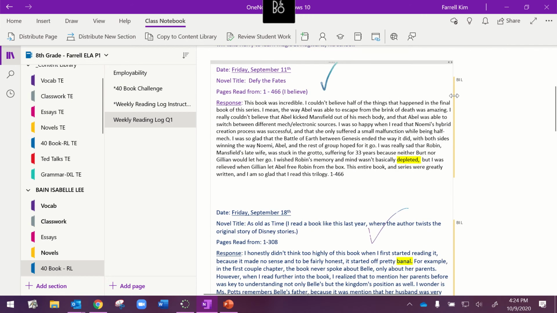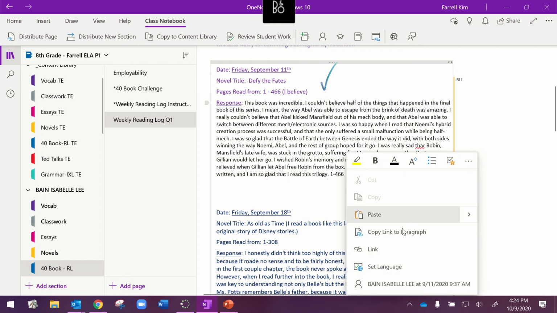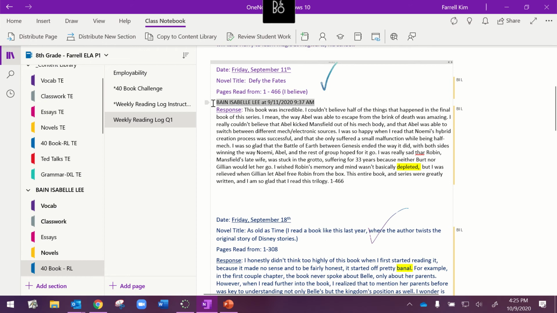Now let's say I would like to see when she completed this first page of work right here. So I'm going to go to the end of her paragraph and right click, and you see I'm going to see her name right here along with the date. So on 9/11 at 9:37 a.m., which matches the date that it was assigned, she completed that paragraph. And then if I click on her timestamp, it pops that timestamp right above her work there for me and